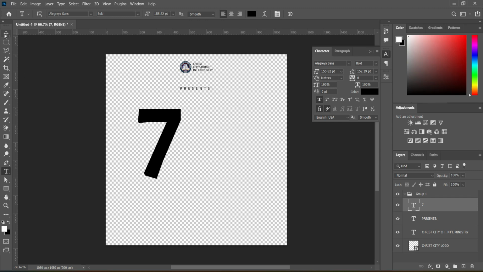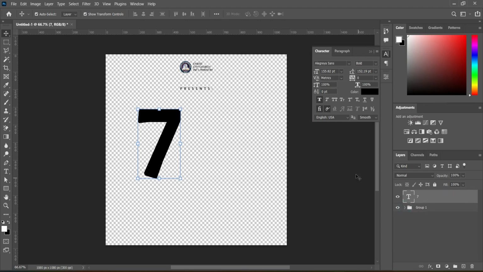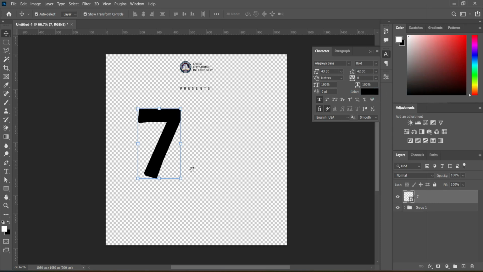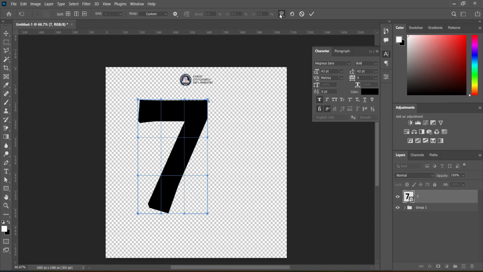something like this. Okay, so what we are going to do next, right now, we are going to move it from this heading. Now right click, then convert it to smart object, then select the text, then apply your warp, and now then we are going to